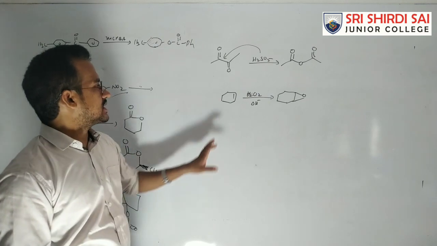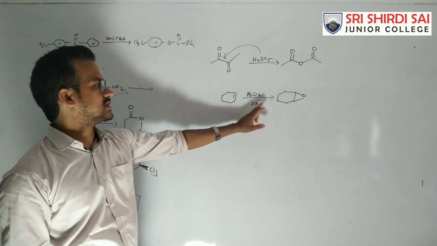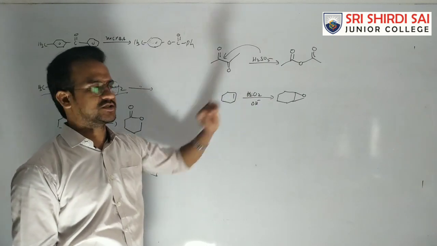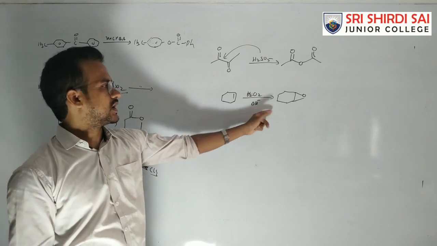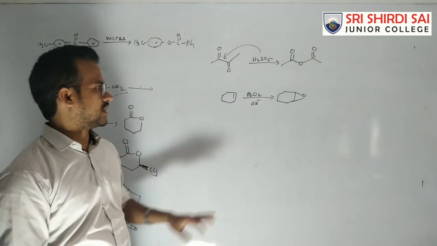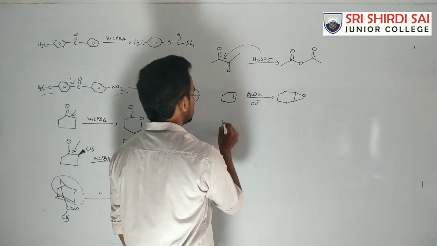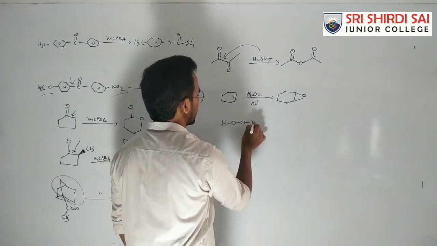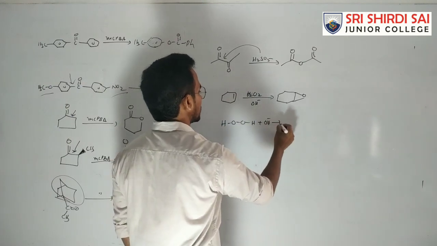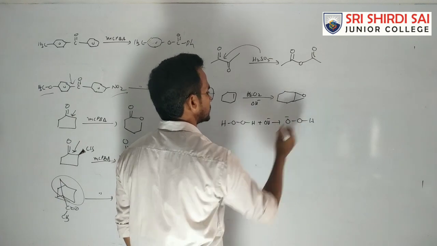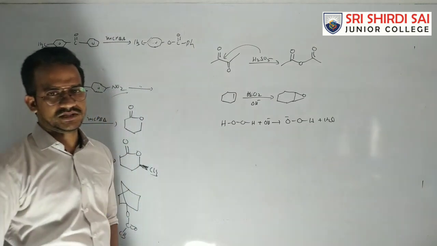Okay, next, generally alkenes are treated with H2O2 in the presence of OH medium. It is a peracid, so epoxidation takes place. Alkenes on reaction with peracids give the epoxide, a cyclic ether. We already completed this one. In this case, the peroxide in basic medium is converted to O minus OH and then H2O.